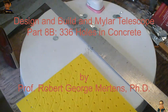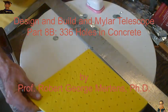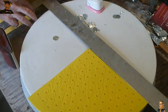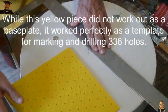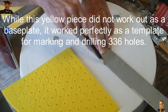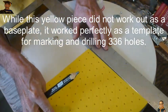Okay, so this thing isn't a complete throwout. I can use it for a template for putting the holes in this thing, and that's going to start with, of course, these are going to be in quarters. So I'm going to mark these off this way, and then,